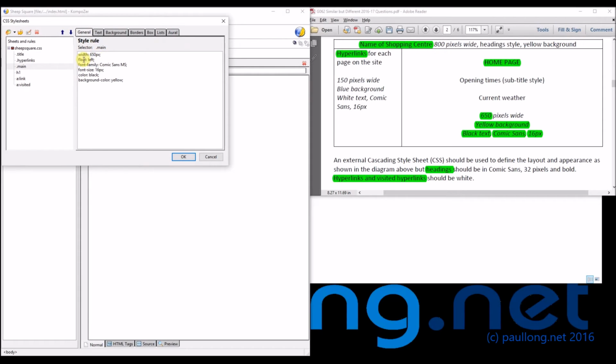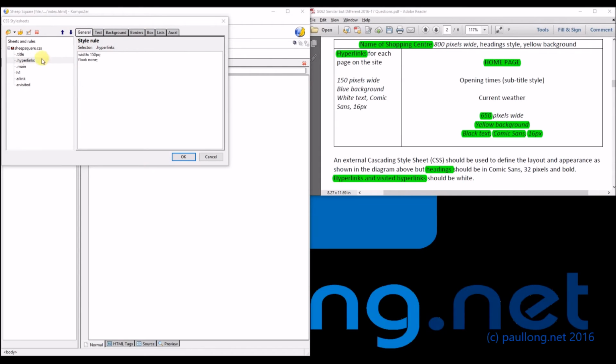So there's our width, the float, the font family, the font size, and the background color. So you can actually then use that to check off whether you've done all of the things. So now we've completed the main area, we can now have a look at the hyperlinks area, and we're basically going to follow through a very similar process. So what we're going to do then is have a look at exactly what is needed here,